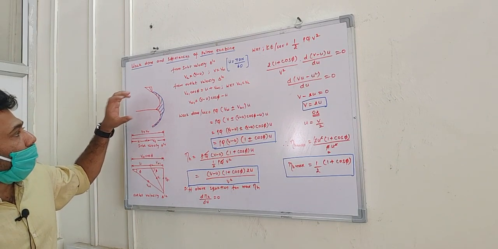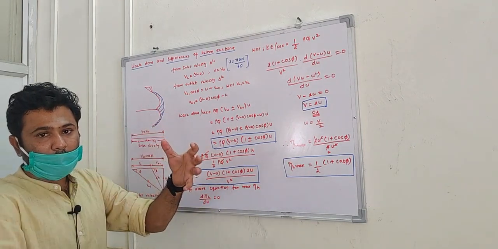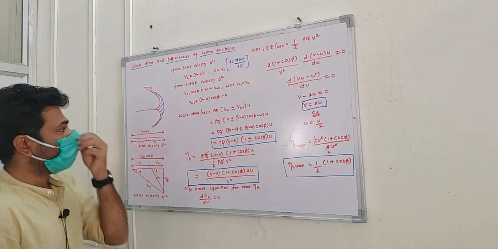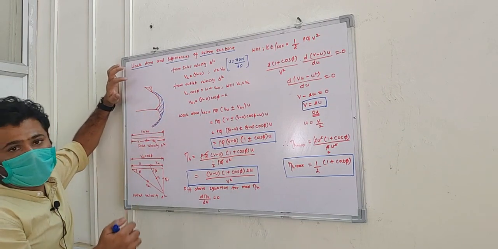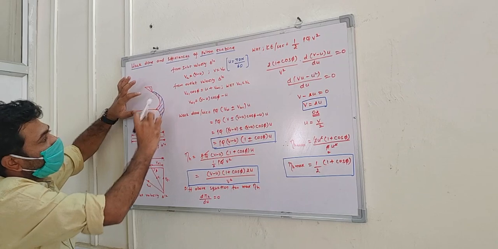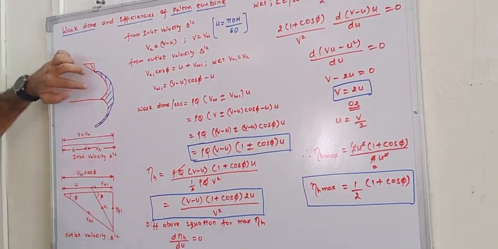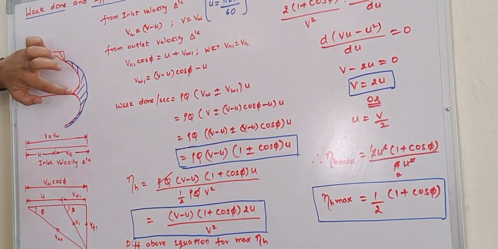focus on one of the vanes. There is a series of vanes which are connected to the Pelton turbine; I'm taking only one vane. This is the shape of that one vane, which we call a cup. So these are the two cups in the given vane of a Pelton turbine. This part we call the divider or splitter.